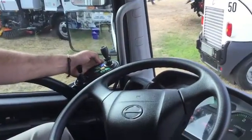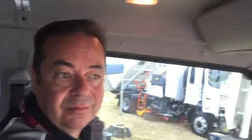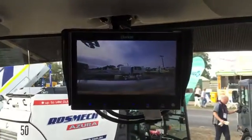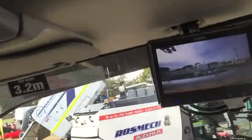If I'm doing a long haul, I can hit cruise control. The truck will just lock into a low range speed, 5 k an hour, 10 k an hour, whatever the preference is, into drive, and you just sit back and steer the truck and let it do its job. Lots of clearance, plenty of visibility out all directions. The seat is quite comfortable and spring